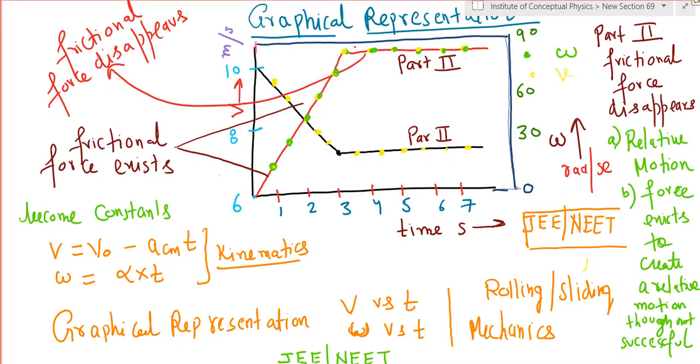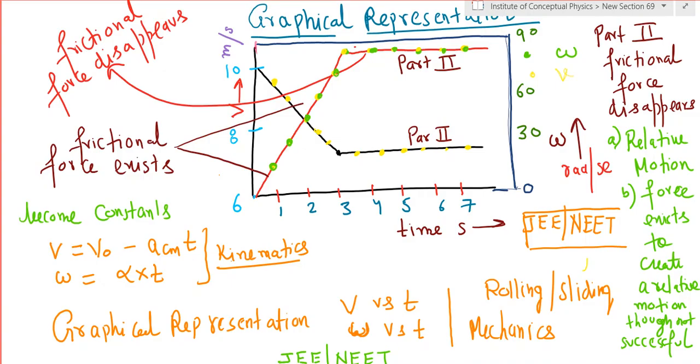All right, so let's continue the discussion on rolling and sliding. Now, if you see, there are two parts shown in the graph. One part is where the frictional force exists. When the frictional force is existing in part one of the motion, you have an increasing angular velocity and a decreasing linear velocity. So there's a deceleration, but angularly there is alpha, which is angular acceleration, which is increasing